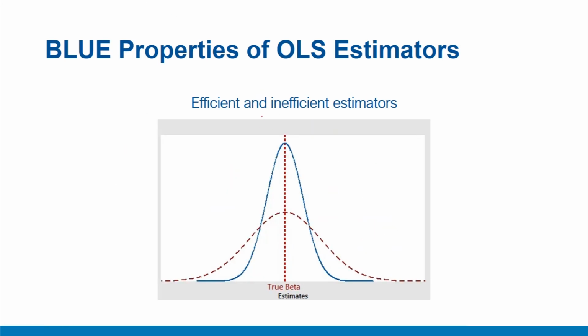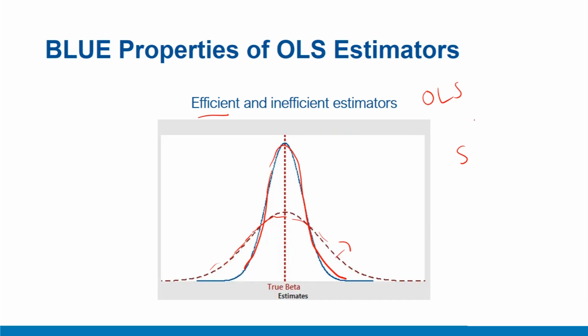Next, we have efficient versus inefficient estimators. Estimators with very low variance or standard error. Standard error is nothing but the variance of the estimator. So if the variance of the estimator is low, it is called relatively efficient. In this figure, this estimator has a lower variance, lower standard error as compared to the dotted one. The solid blue line has lower variance as compared to the dotted one, and therefore it would be considered more efficient. Across different classes of estimators, OLS estimators are said to be best in terms of their efficiency. That means they have the lowest standard error of the estimate.